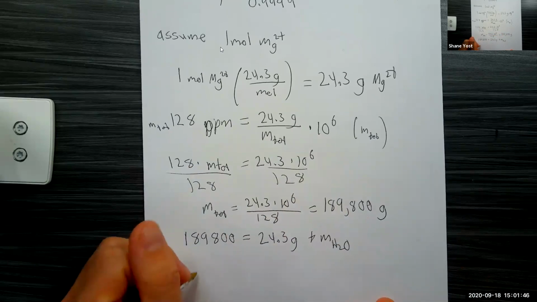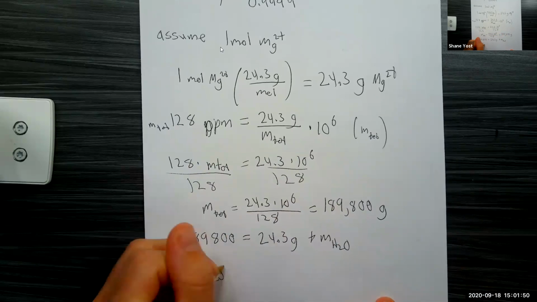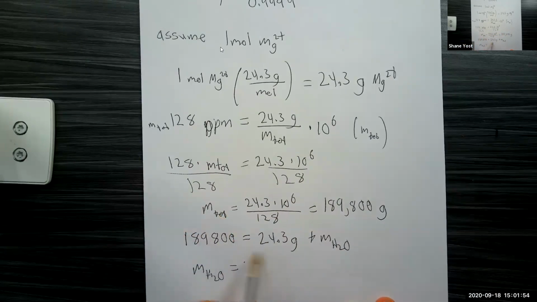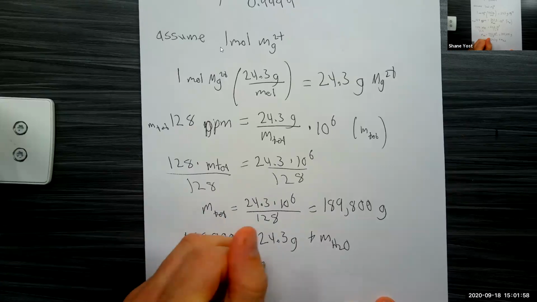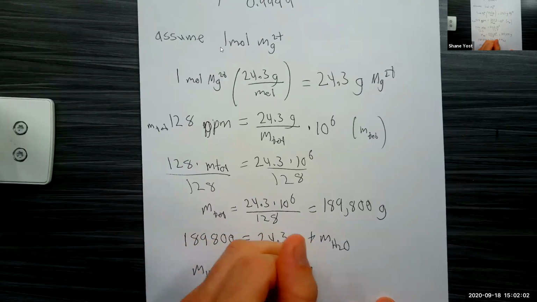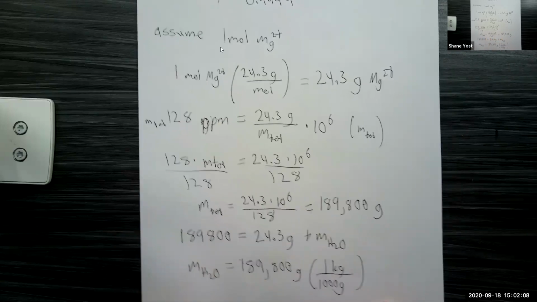And the mass of water is roughly equal to, when you do that subtraction and then round it, you're still going to round it up to just 189,800 grams, which if I convert that to kilograms, divided by 1,000 grams for every 1 kilogram, okay, that's